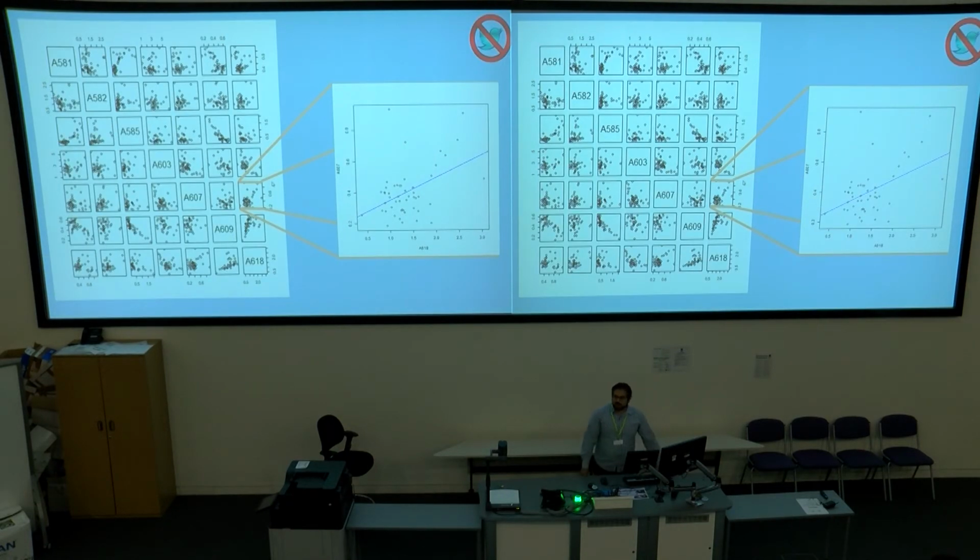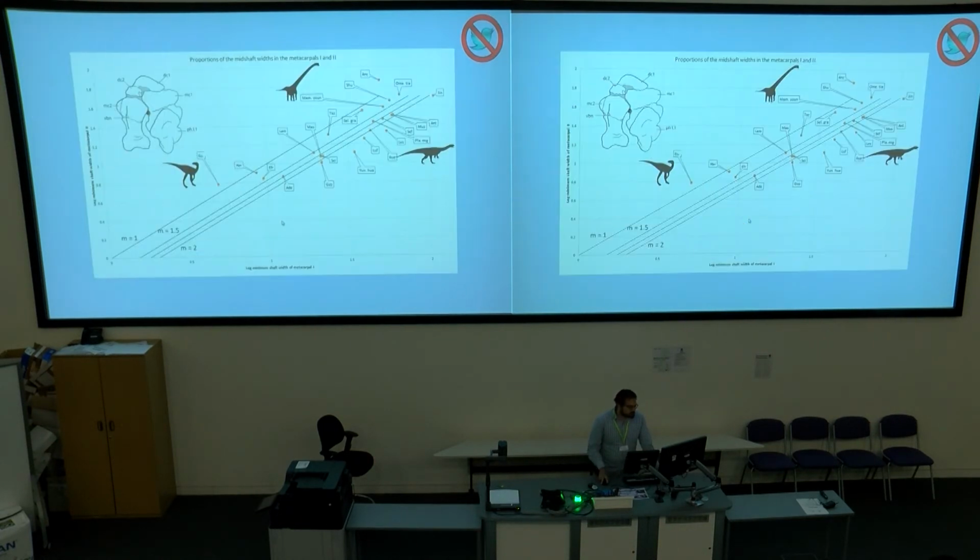And also there is a lot of correlation. So in here you're seeing all of the correlation of the characters of the ilium. The ilium is the bone that usually has more continuous characters in this group of dinosaurs. And it should be color-coded, but it's not. But most of that is coded in red because a lot of these characters covary with each other. So you are introducing a lot of redundant information.